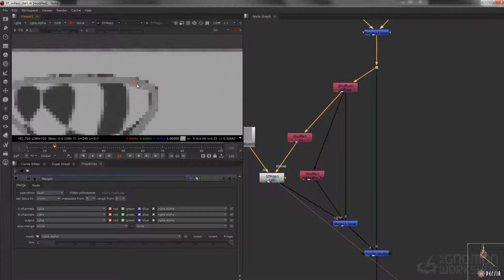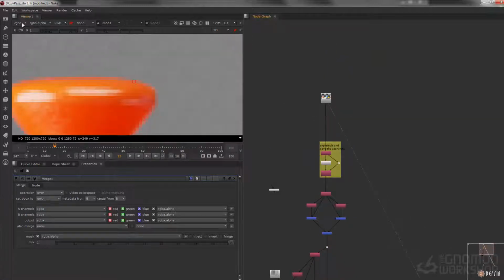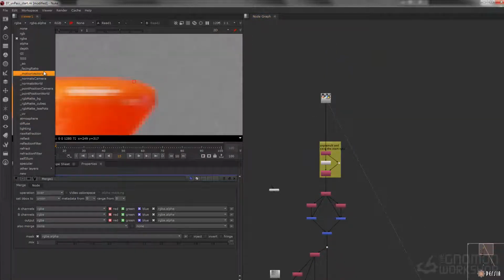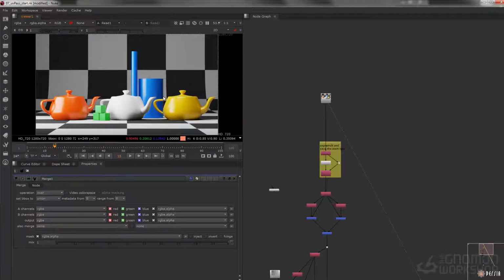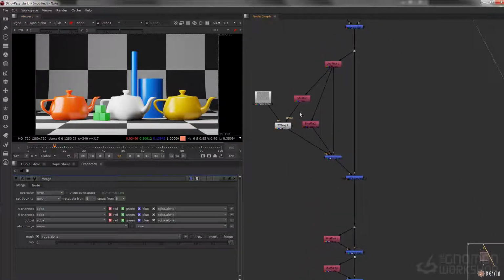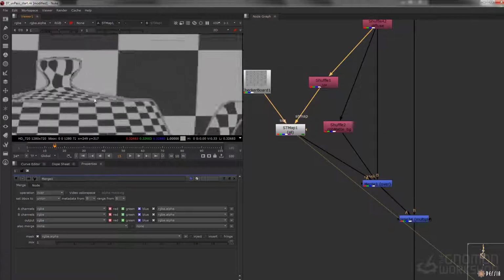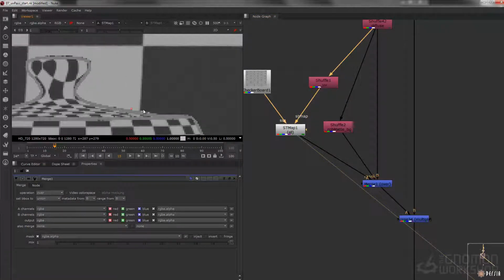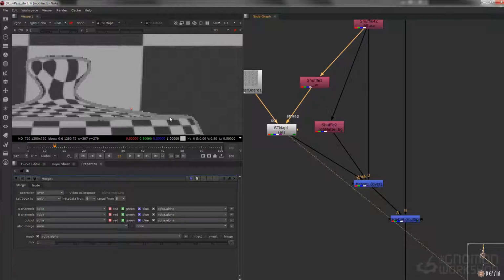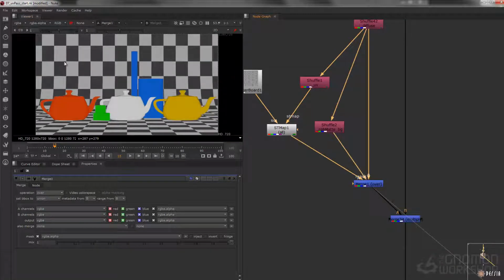There's pros and cons to rendering your utility passes with filtering on and off, and we'll talk about that later. But for now, just know that this is the utility pass that I tend to use most in production. There's pros and cons, again, with filtered and non-filtered utility passes, but in my experience, with non-filtered utility passes, you run into far more issues. So with that said, you're going to get artifacting regardless whether you use filtered or non-filtered utility passes. So instead of using this checkerboard to completely replace this, what we're going to do is